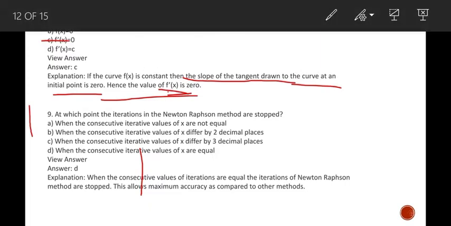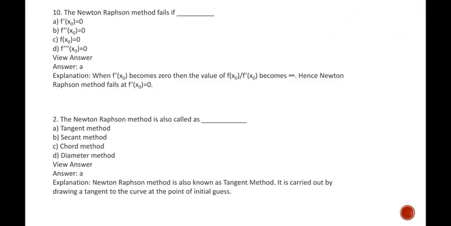Now, at which point are the iterations of the Newton-Raphson method stopped? The correct answer for this is D. When the consecutive values of iteration are equal, the iteration of the Newton-Raphson method is stopped. This allows maximum accuracy as compared to others. As I told you earlier, we stop the iteration when we get two consecutive values, it may be x3, x4 or x4, x5, almost similar. At that time we stop there and take the last one as the root. Okay, next,